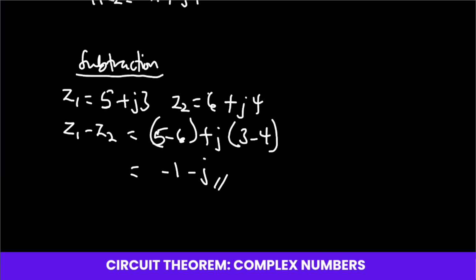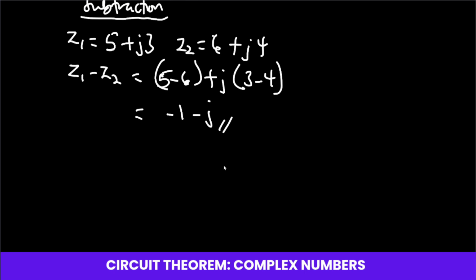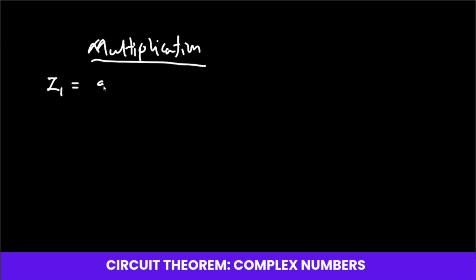Now we would like to talk about the multiplication of complex numbers in the rectangular form. So we have z1 is equal to a plus jb and z2 is equal to c plus jd. Now we want to find z1 z2. So we are going to multiply